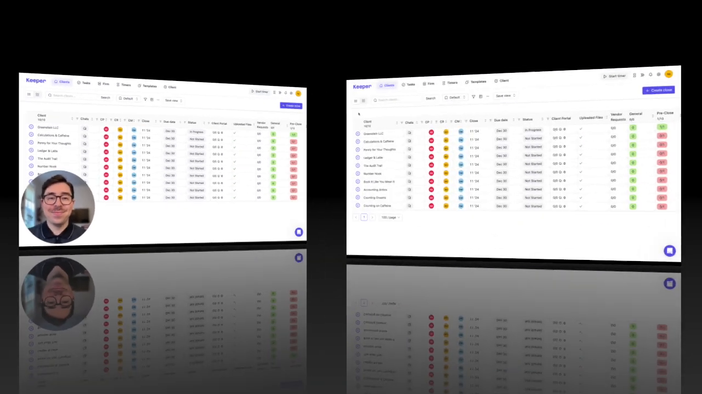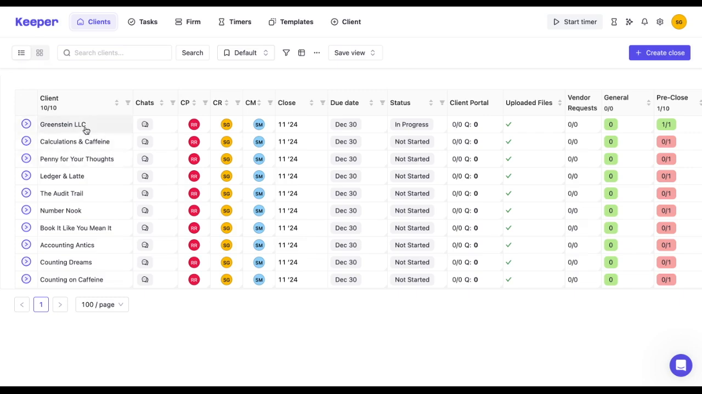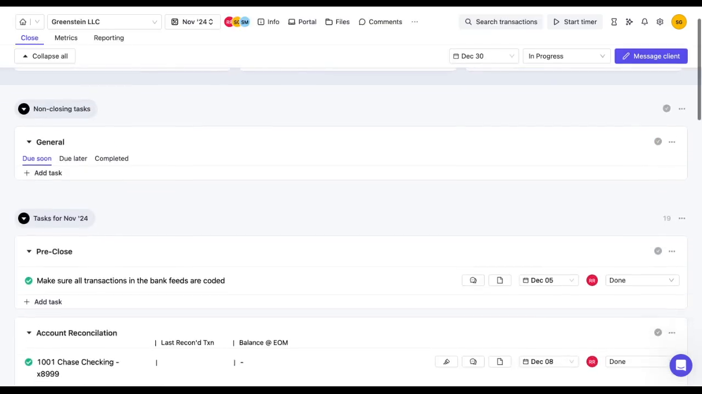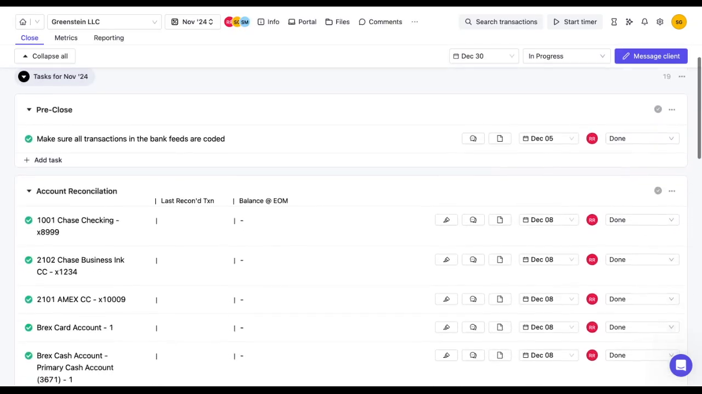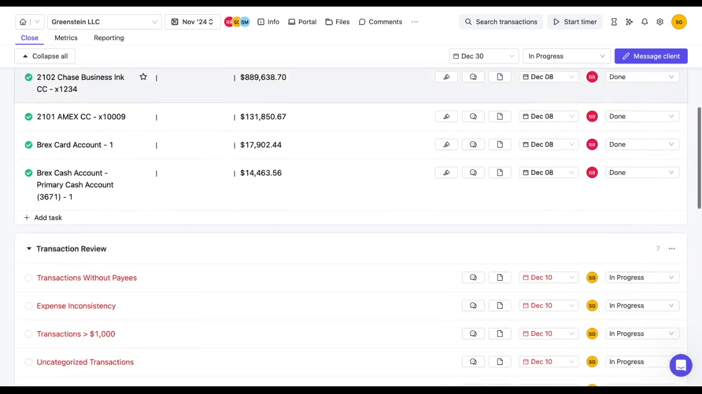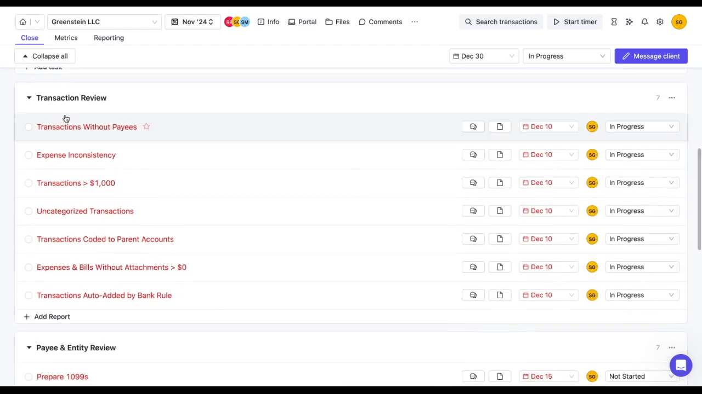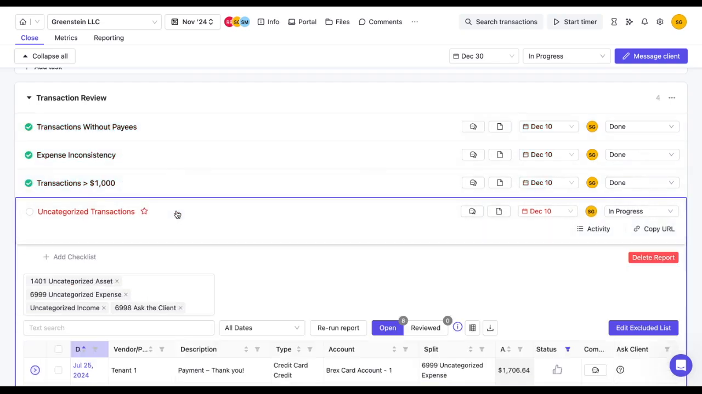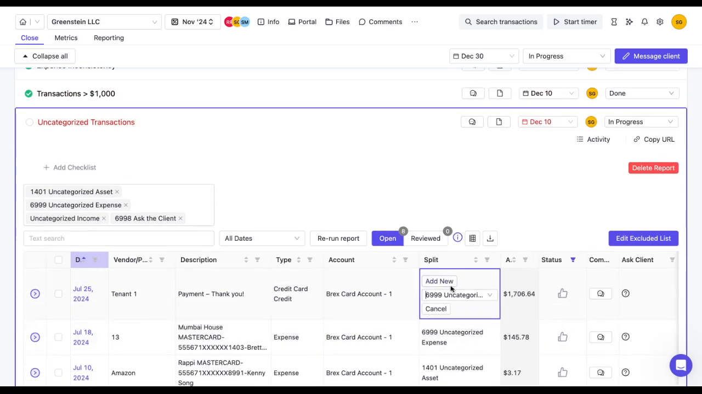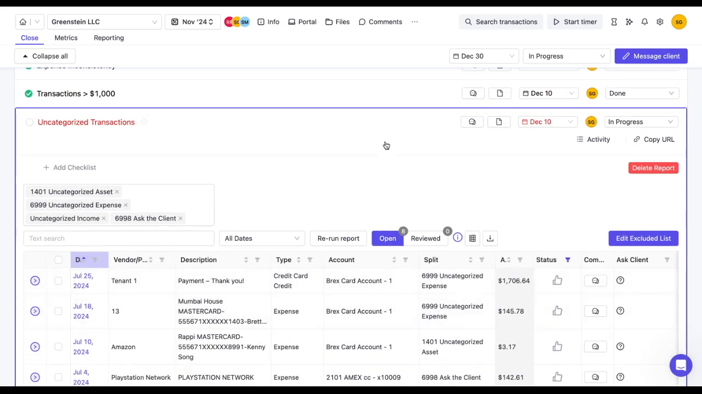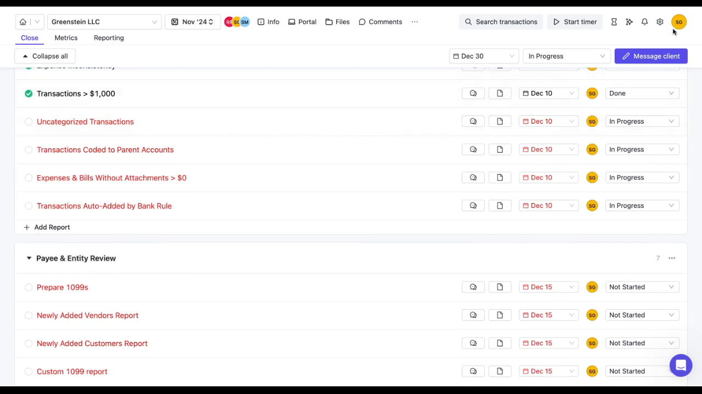Let's dive in. If you recall from one of our earlier videos in our Getting Started series, we talked about the close page and how it is one of the core building blocks of Keeper, where all of your client work lives, and it serves as a centralized location where you can complete tasks and manage month-end close workflows, access and update transactions for QBO or Xero connected clients, communicate with clients through the portal, and store information, files, and